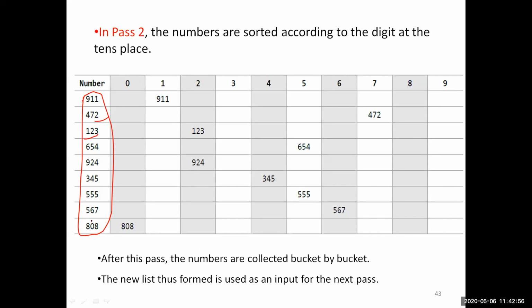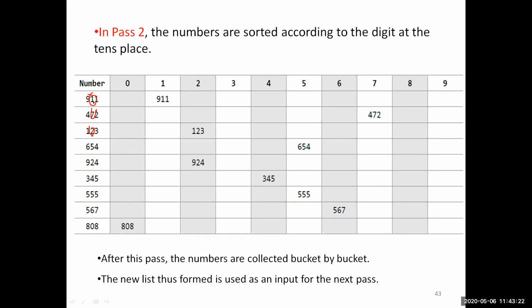In pass 2, I will look at the second least significant digit. In the case of 911, the second least significant one is at the tens place, so I take that digit, like 7 for 472. Then I will place the elements accordingly in their buckets.